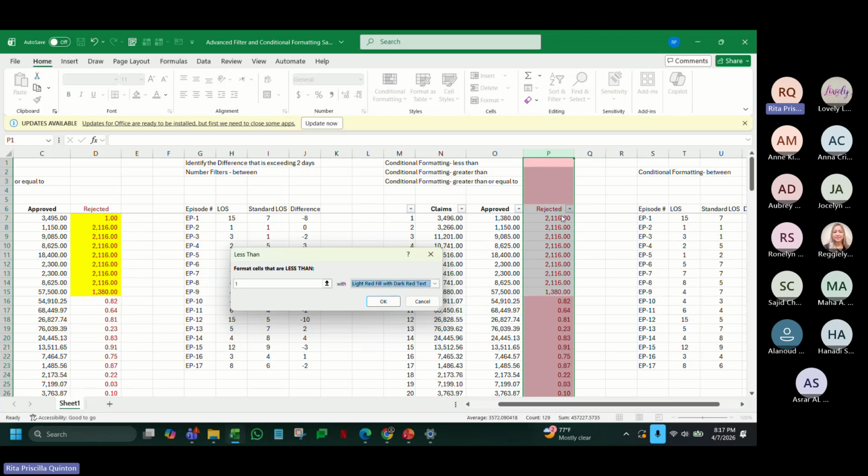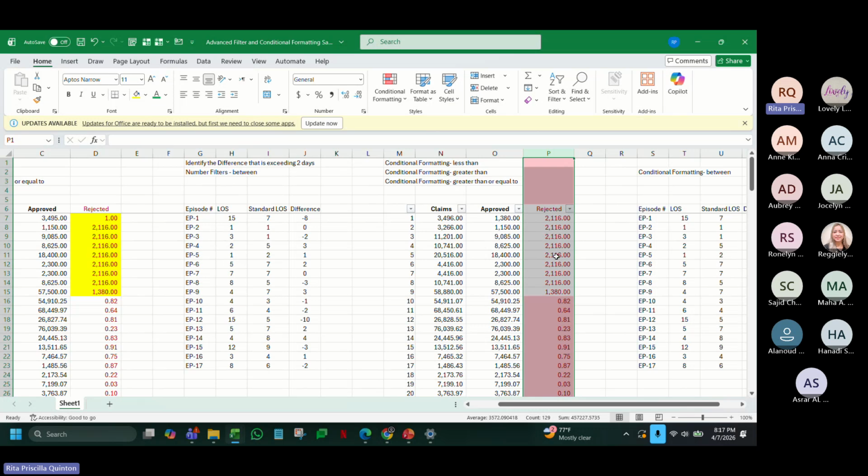Since I don't want to see the less than 1 real, I will highlight it as red. The good thing about conditional formatting is that it will highlight for you even if you change it. So you only do it one time, less than 1 real, meaning 0.99. So 1 real will not appear as red because I need less than 1 real. If I put less than or equal to 1 real, then it will highlight.